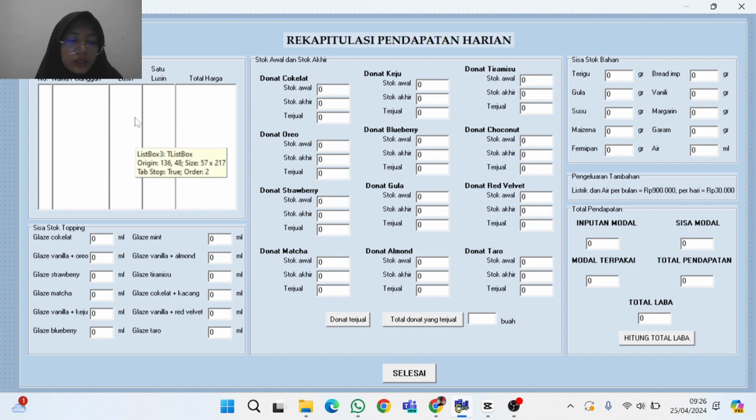Here there is a history of customers who have made transactions at the shop. Underneath there is the remaining topping stock. Here is the remaining stock of ingredients. Here is the initial stock, ending stock, and sold stock.